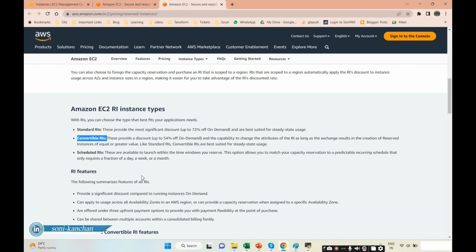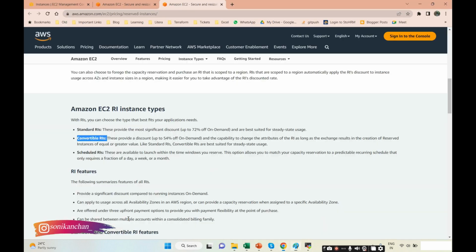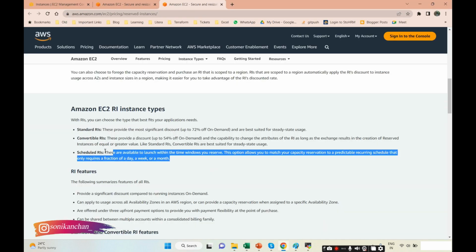Now, scheduled RI. What is the meaning of scheduled RI? As the name suggests, it will come for the scheduled time. For example, I have a website called flipkart.com, and in sale time like Diwali, Holi, there is maximum traffic increase on my website, so I need more systems, and I don't want to pay an extra charge. I want to get cheaper machines,